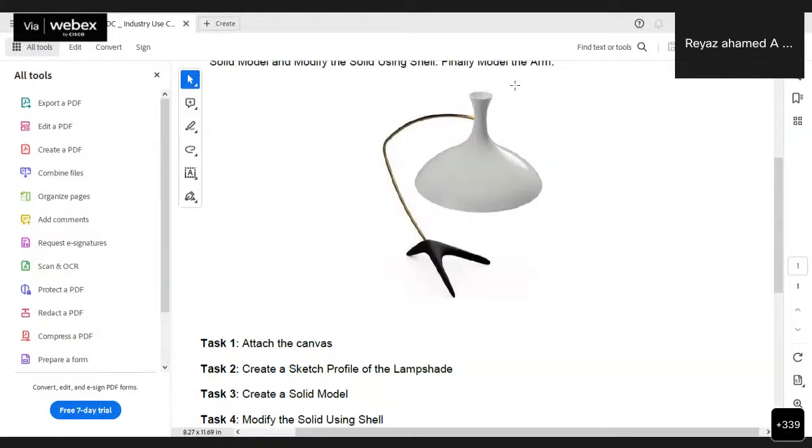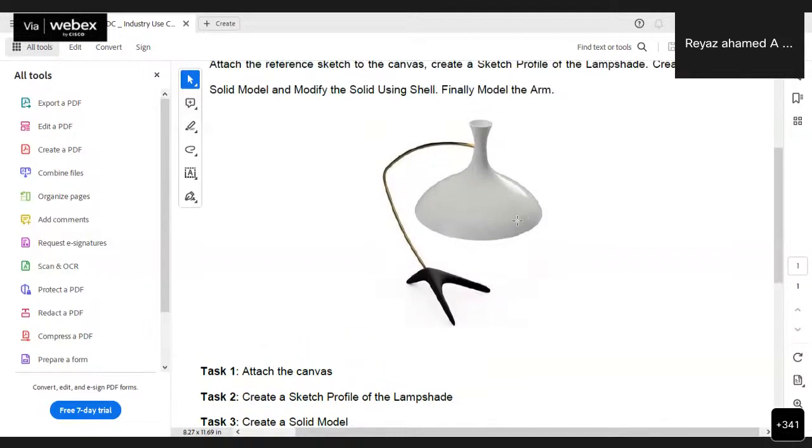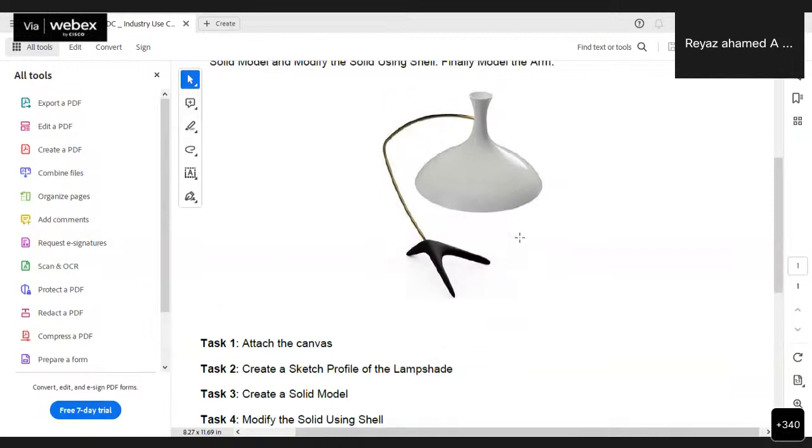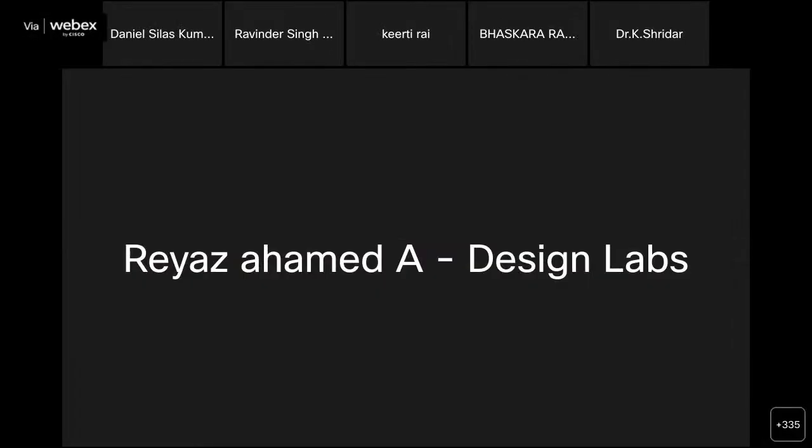So in this way, we're going to create one night lamp, a lampshade. An arm has to be designed, and then a base has to be designed. And this is the part that we have created so far. For inserting this arm, we need a hole over here. So for that, we have to create a hole. Okay, so let us proceed with Fusion 360.